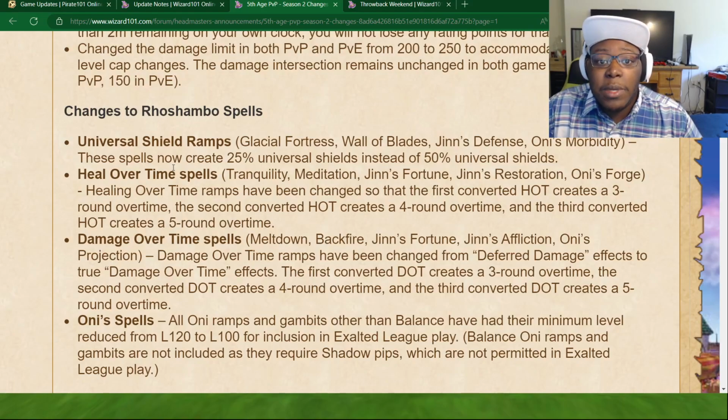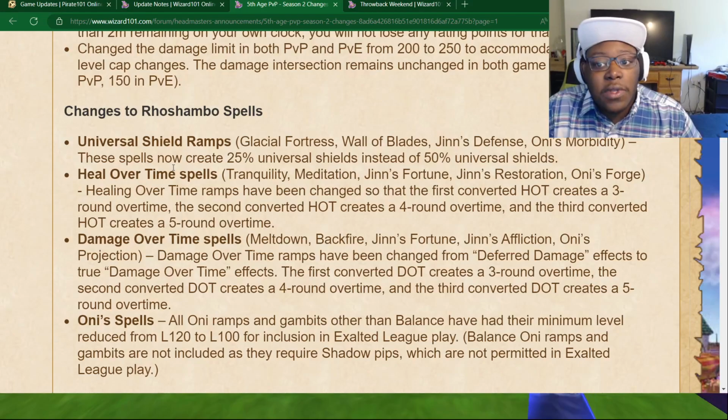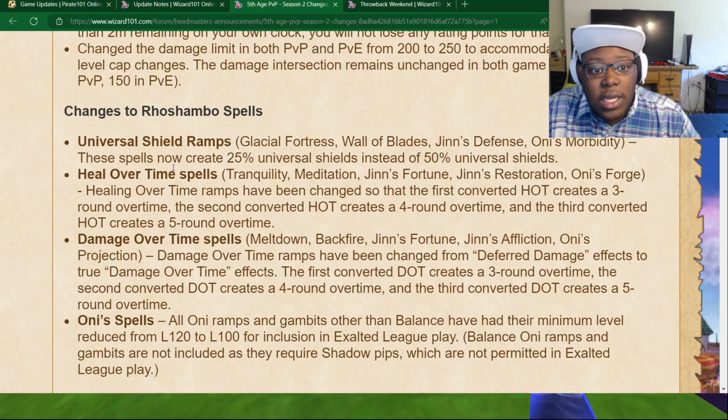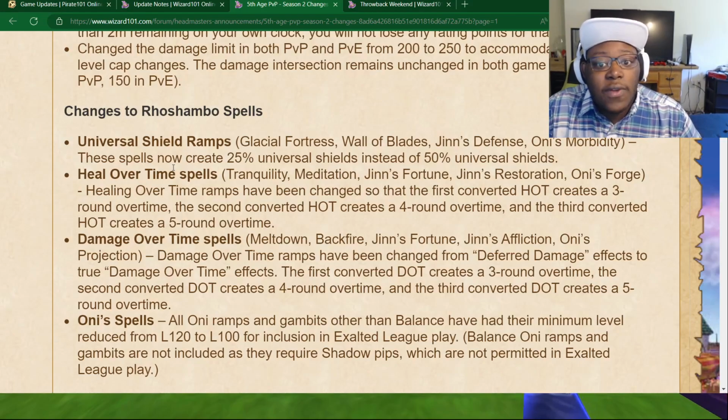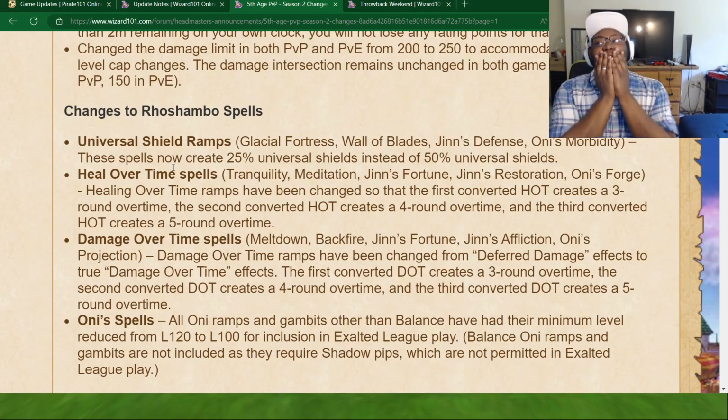Heal overtime spells, Tranquility, Meditation, Jin's Fortune, Jin's Restoration, and Oni's Forge. Healing overtime ramps have been changed so that the first converted heal overtime creates a 3-round overtime, the second converted heal overtime creates a 4-round overtime, and the third converted heal overtime creates a 5-round overtime. Oh my gosh, this is,